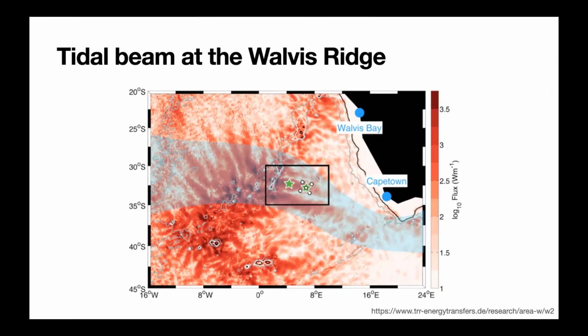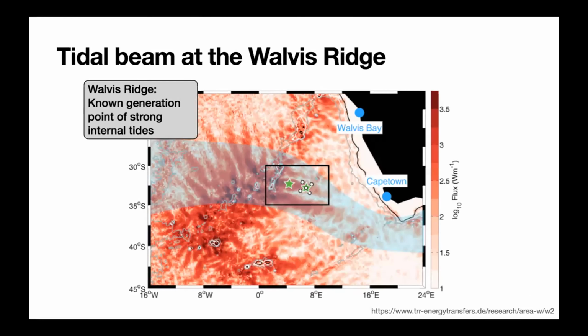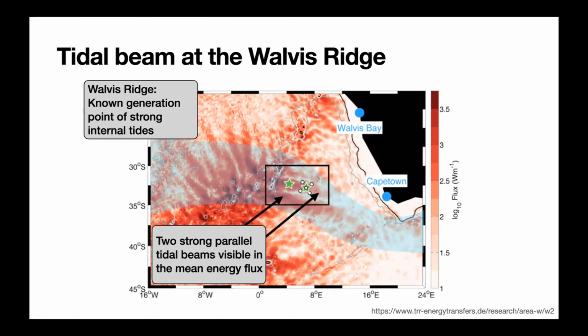So we are located in the Southeast Atlantic with the African coast on the western side. And right in the middle, we do have the Walvis Ridge, which is a known generation point of strong internal tides. During the whole talk, I will solely focus on M2 tides. Furthermore, apart from just generating strong tides, we do have these strong parallel tidal beams visible in the mean energy flux. And what I mean by tidal beam here are these, okay, I don't have a pointer, but you see in red, which is indicating the flux,